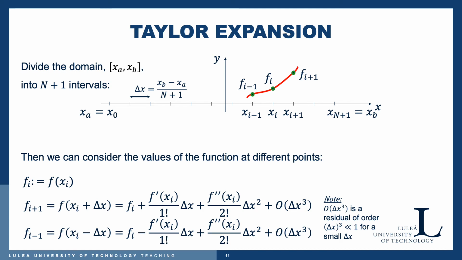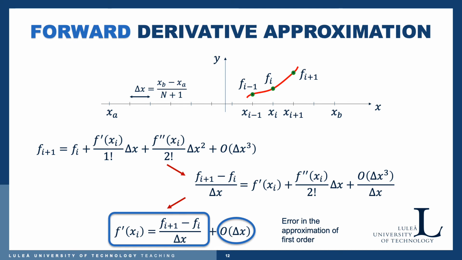Let's see. So we start by looking at the forward derivative approximation. And this is the one that we may obtain from considering the Taylor expansion for f_{i+1} over here. So let's now subtract f_i from both sides and then divide by Δx. Then we have this fraction (f_{i+1} - f_i)/Δx, which is now equal to this new right hand side,